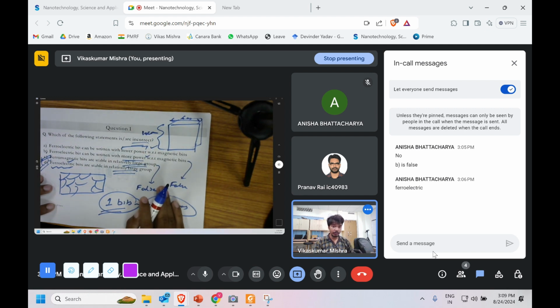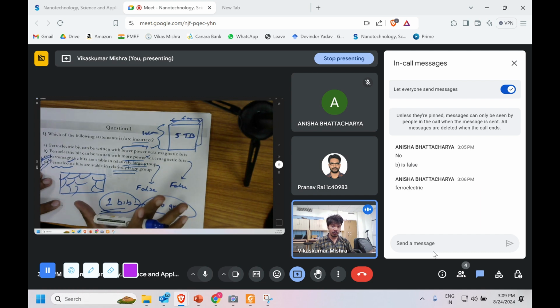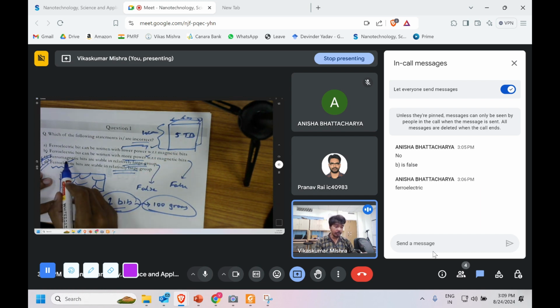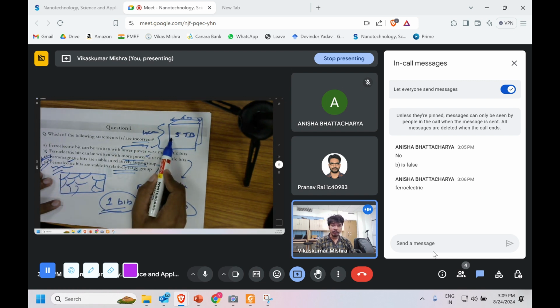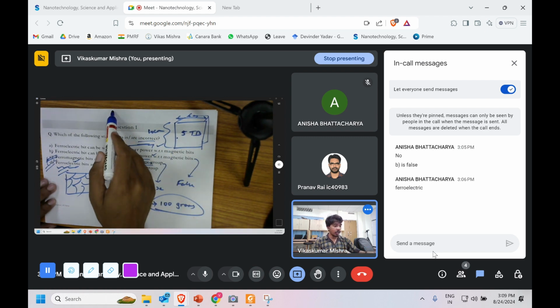Let us say the one I have is 5 TB. If I want to store the same 5 TB of information in the ferroelectric instead of ferromagnetic, the size might get double. The size will be something like half of this particular page,